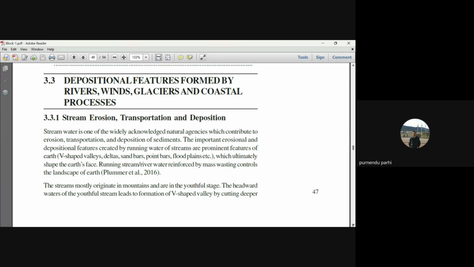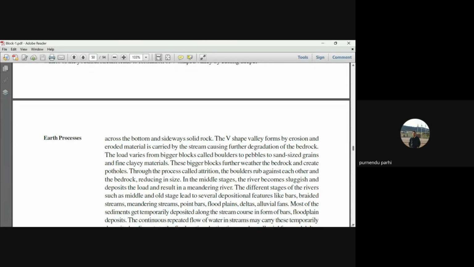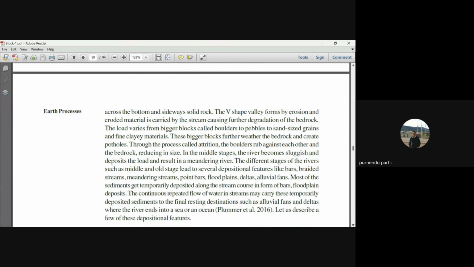The streams mostly originate in mountains and are in the youthful stage. The headward waters of the youthful stream lead to the formation of a V-shaped valley by cutting deeper across the bottom of the sideways solid rock. The V-shaped valley is formed by erosion, and the eroded material is carried by the stream, causing further degradation of the